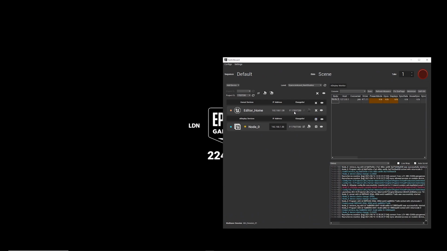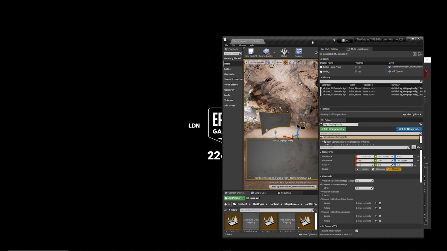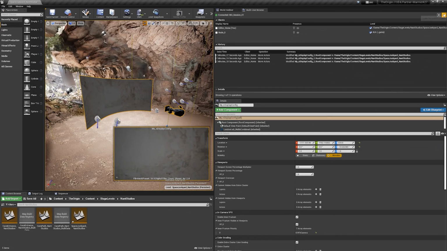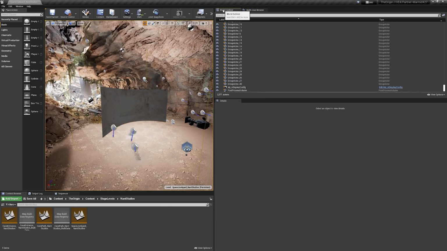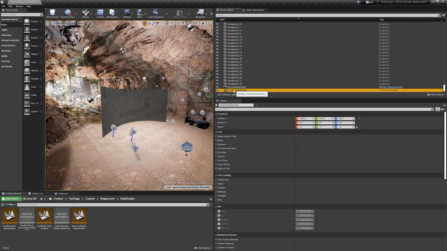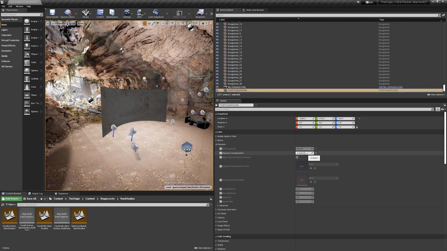Next, let's take a look at how Perforce interacts with this. Let's say, again, we've got a large number of NDisplay nodes and a large number of editors, and we make changes in the editor that means there's new change lists that we need to sync across all those devices. Well, Switchboard allows us to automate that process. So back in our project, I'm going to come out of this multi-user session, and I'm just going to make a very simple change. Let's say, for example, we just want to change this exposure. I'm just going to use a really small number, just to force a change, really.